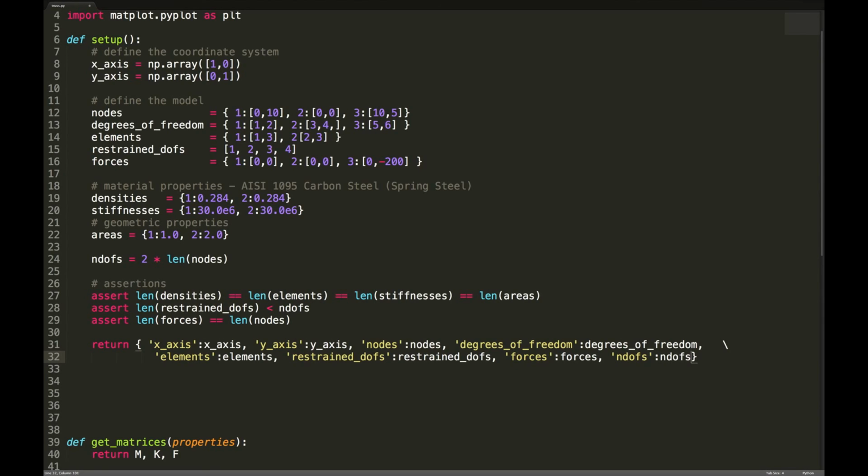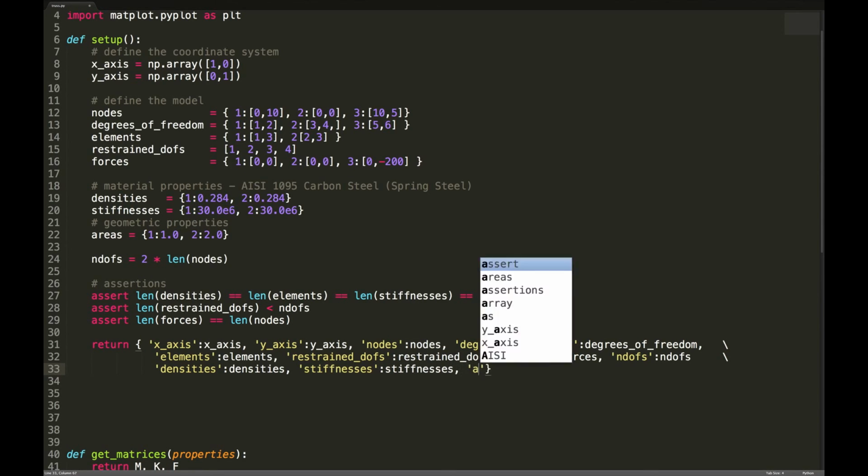Again, we're going to break the line here. Densities, stiffnesses,